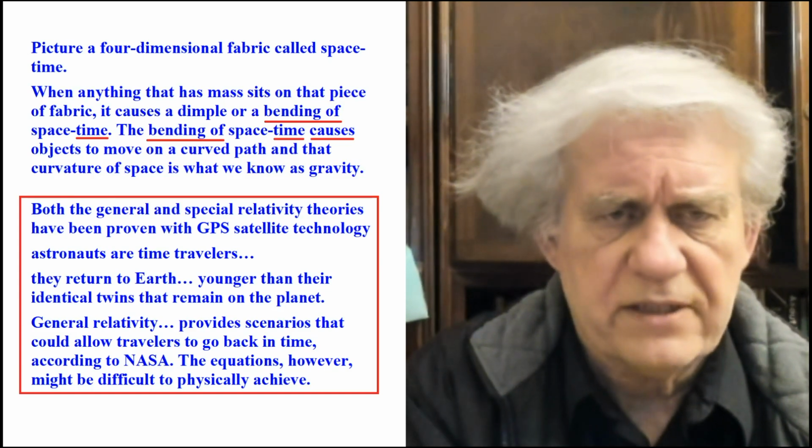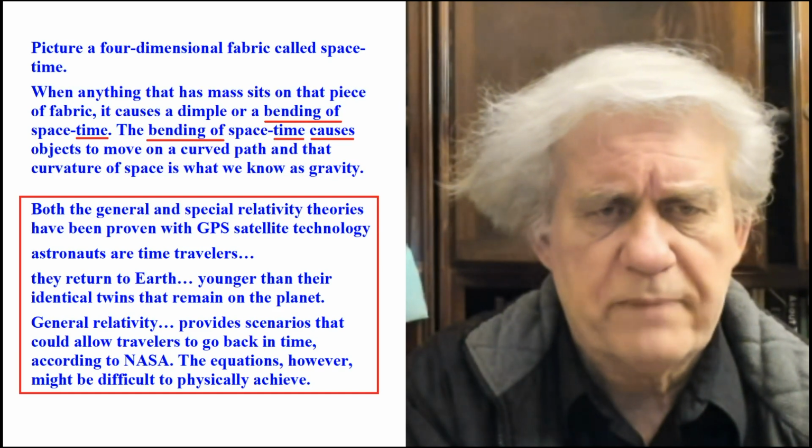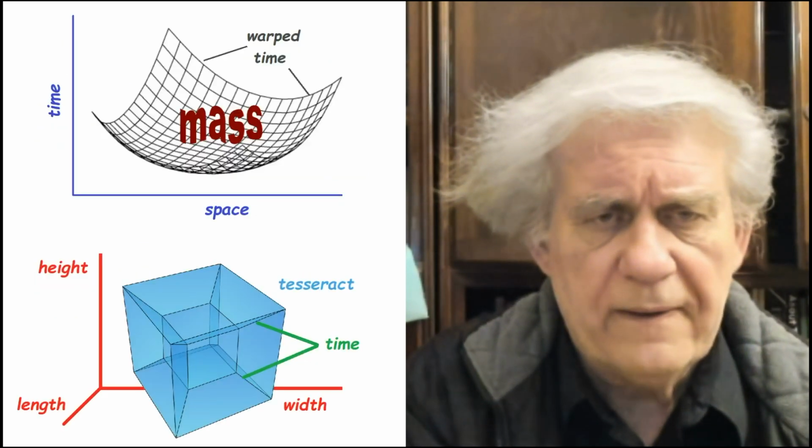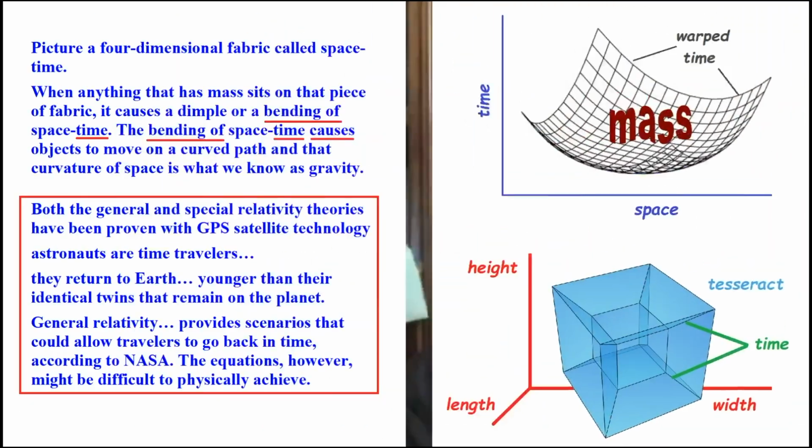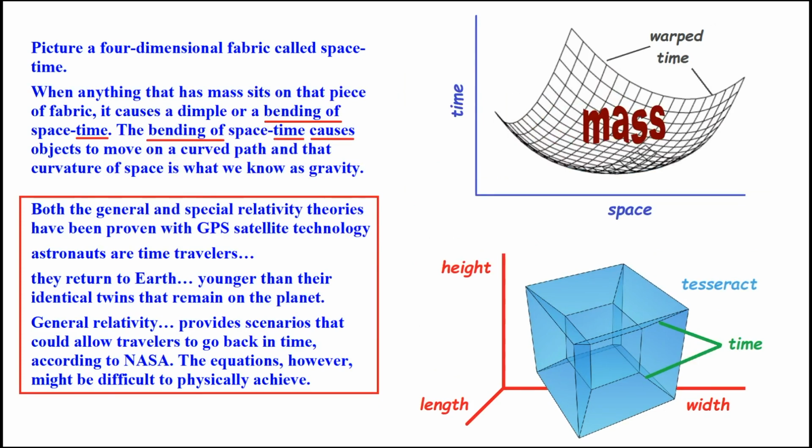Well, here it is. Here's what they typically show, and you'll see that for both space-time and the tesseract here, okay? Let me put it over here. And so they continue. It says the bending of space-time causes objects to move. So they're saying if you bend this concept known as space-time, which they represent with a fishnet, just by putting another concept in it called mass, they say that it causes objects